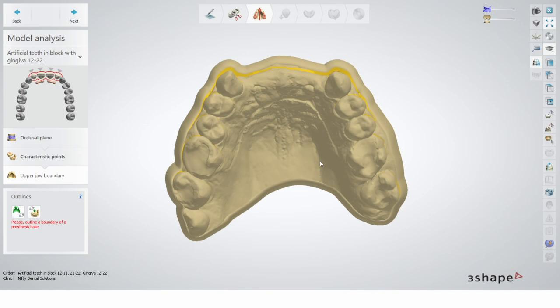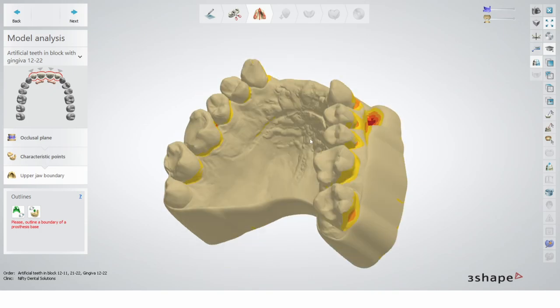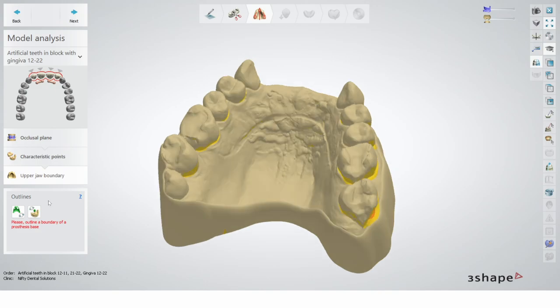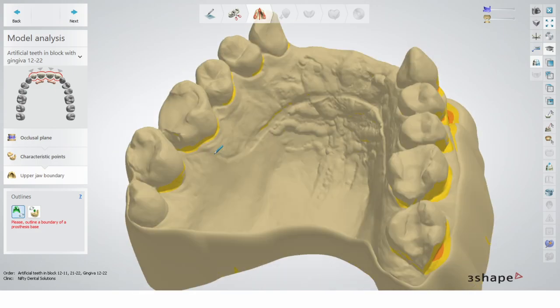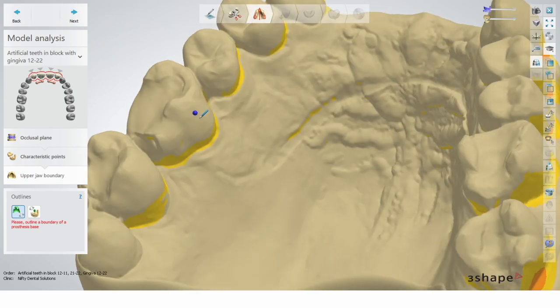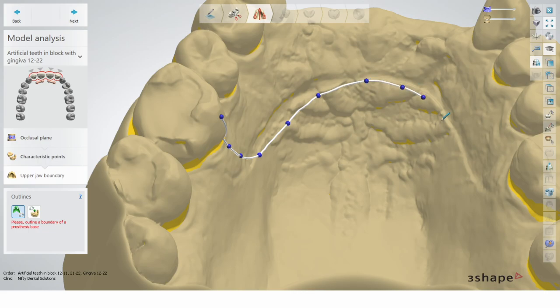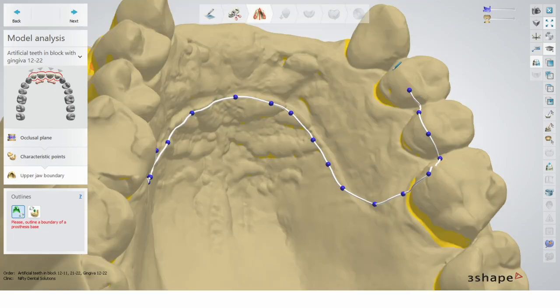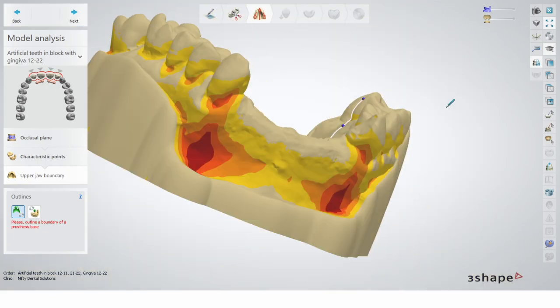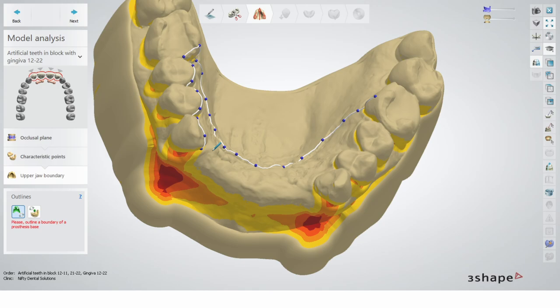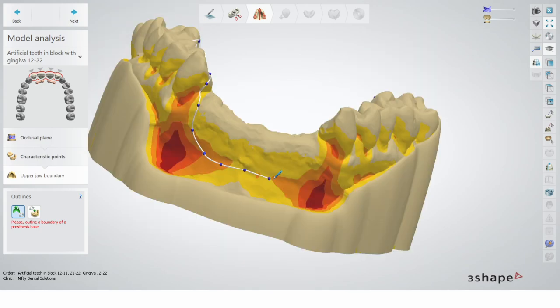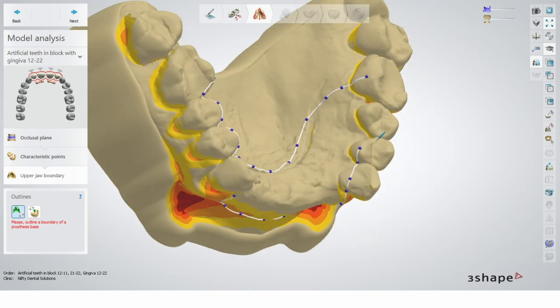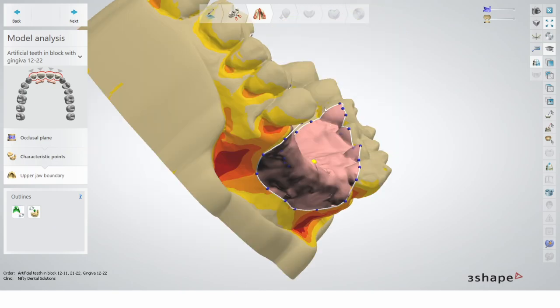So until now it's kind of the same stuff for every case. So it's a bit repetitive. But yeah, now we start to have fun, because the upper jaw boundary is where we start to design where we want our denture base. And it's definitely better than with the wax. With a couple of clicks, we can go all around, dot by dot. Be careful not to click twice, otherwise it's gonna connect the spline together. And I usually go very quick, a little bit messy without care, just to close the spline.